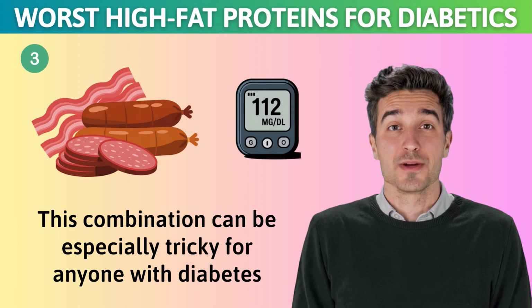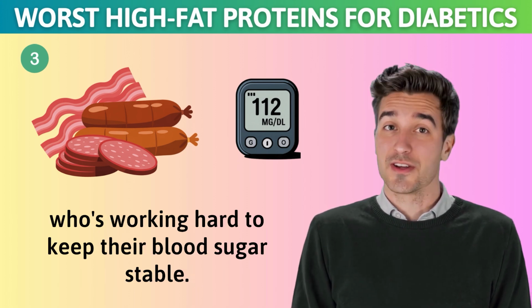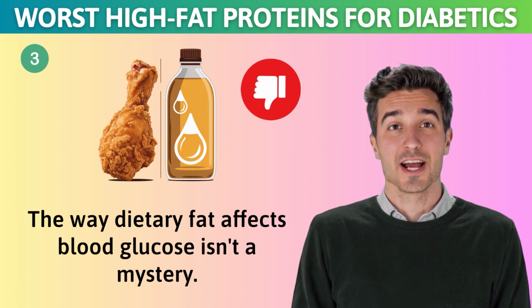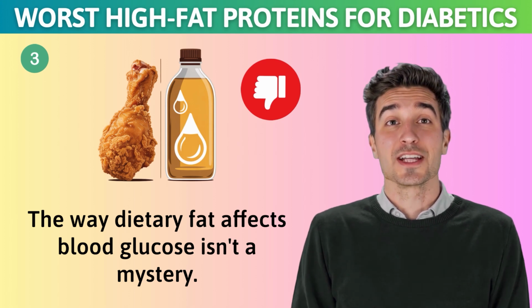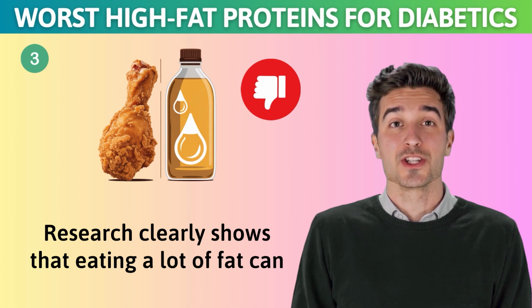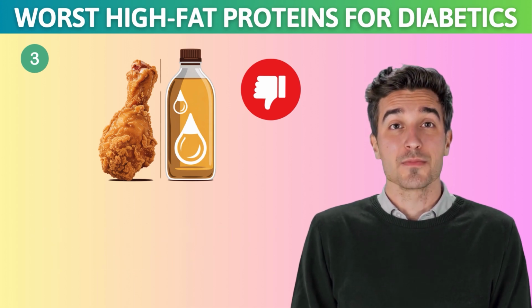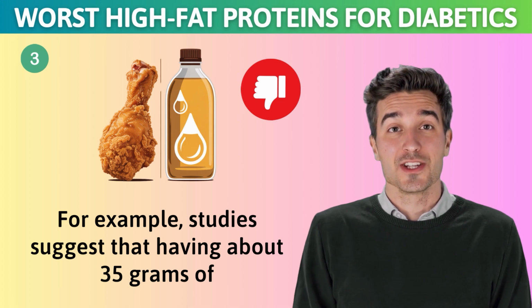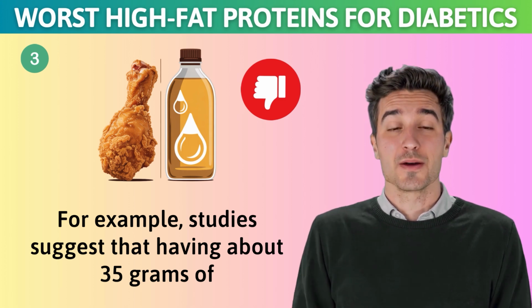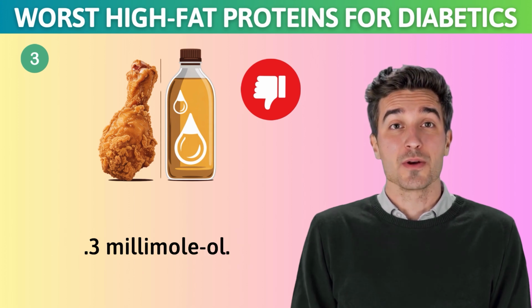This combination can be especially tricky for anyone with diabetes who's working hard to keep their blood sugar stable. The way dietary fat affects blood glucose isn't a mystery. It's been studied quite a bit. Research clearly shows that eating a lot of fat can cause your blood glucose levels to rise. For example, studies suggest that having about 35 grams of fat can push your blood glucose up by around 2.3